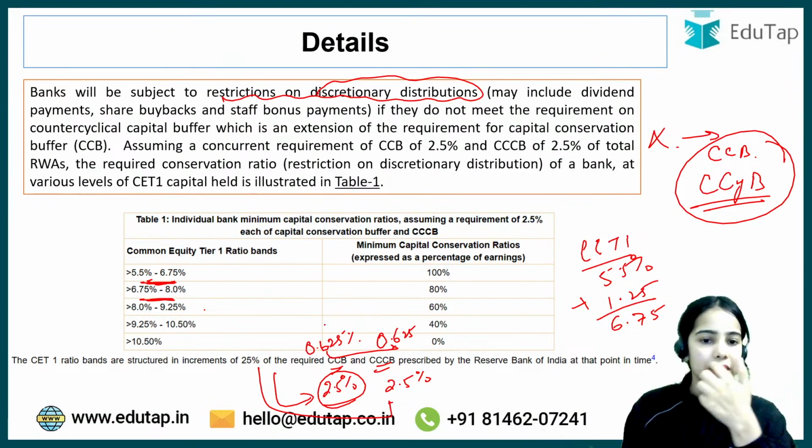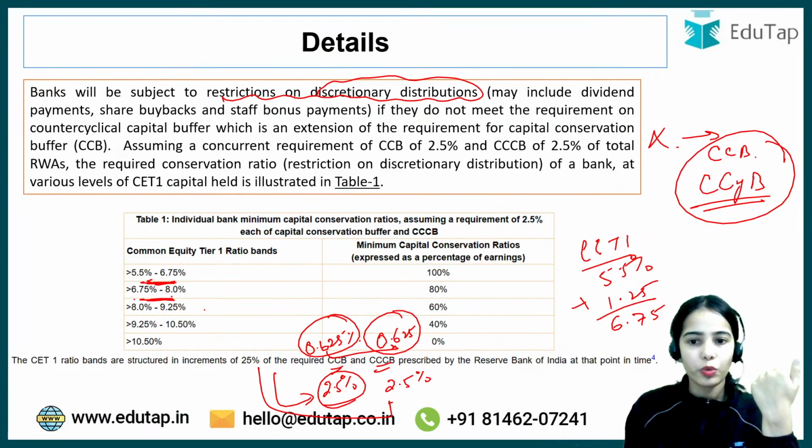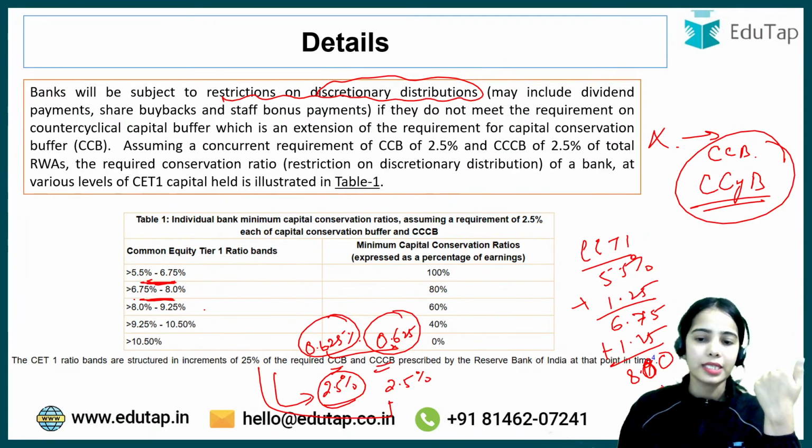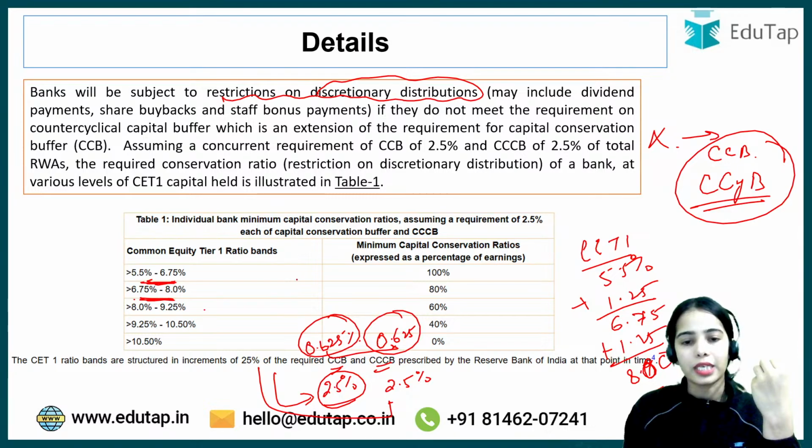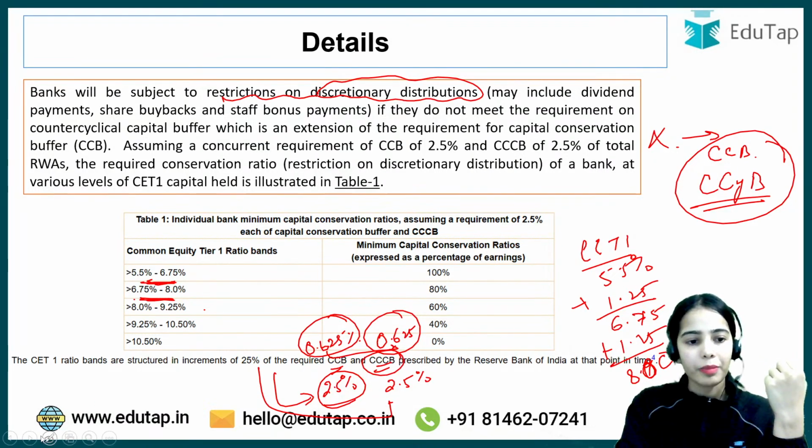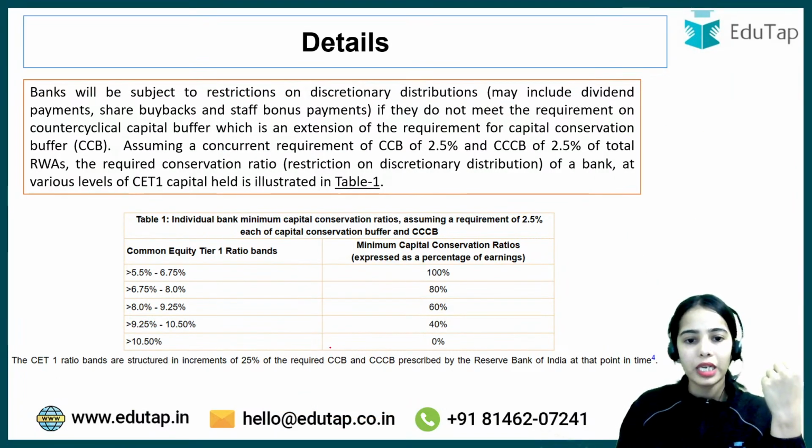Here also you can understand this 6.75% plus 1.25%, so that is 8%. Okay, that is 8%. So this is how the range is decided. Let's say countercyclical capital buffer, now this is going to remain the same. Capital conservation buffer is going to remain at